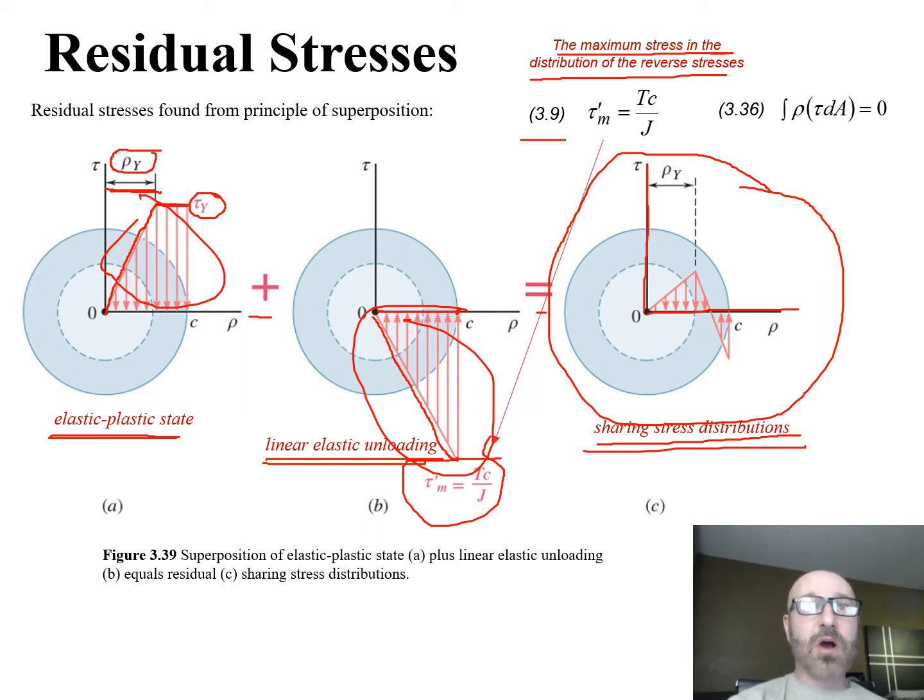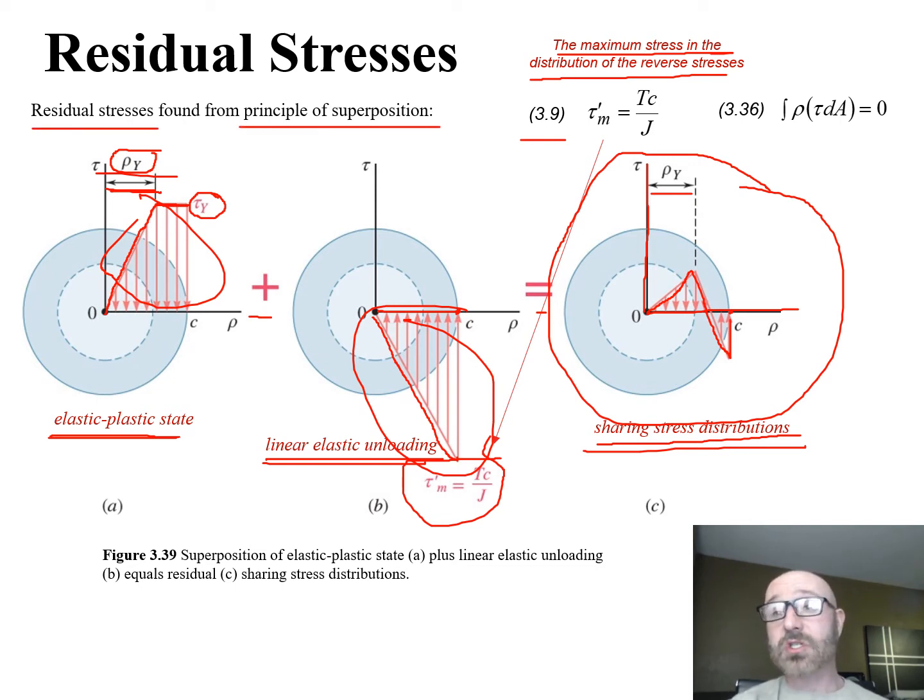Now we see if we go out to that rho sub y right there, that same distance right there, we see it loading up to there, all the way out to our point C right there. So this is just a visual representation, and we'll go on to do an example problem utilizing some of this visual representation in order to find our residual stresses from this